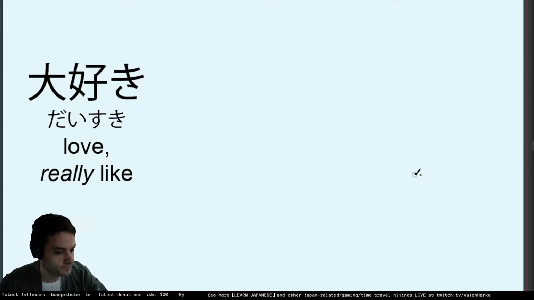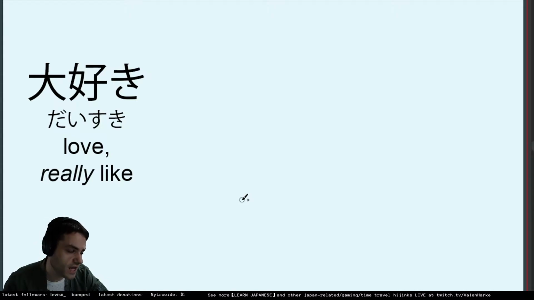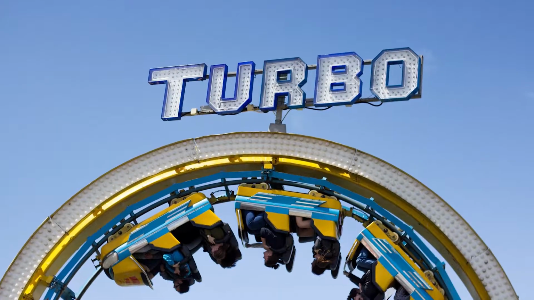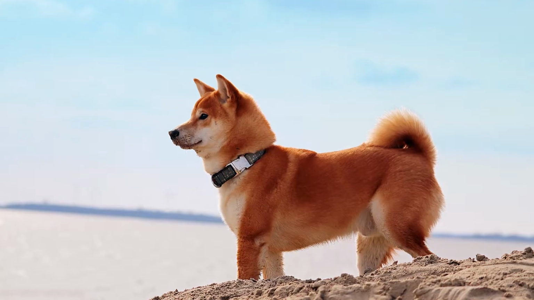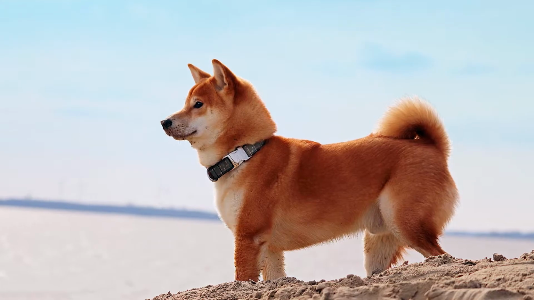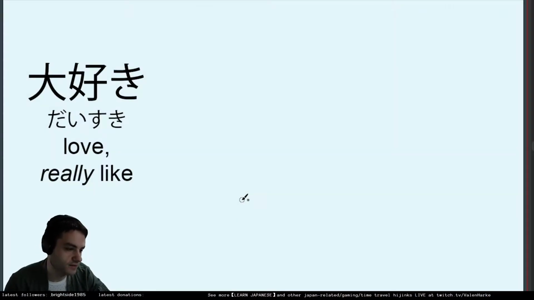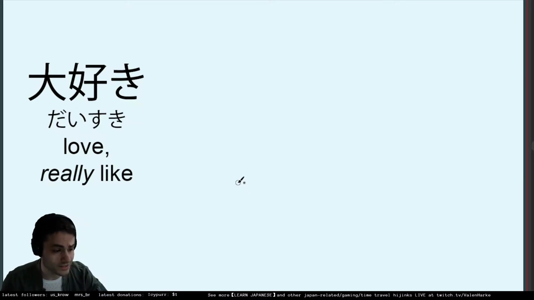So you can use this with people, but more importantly, you can use it with things like pizza, or roller coasters, or taking long walks on the beach. You want to tell somebody you really love taking long walks on the beach, you're going to say daisuki. And if you said pizza, which by the way is one of the few waseigo that actually makes sense,